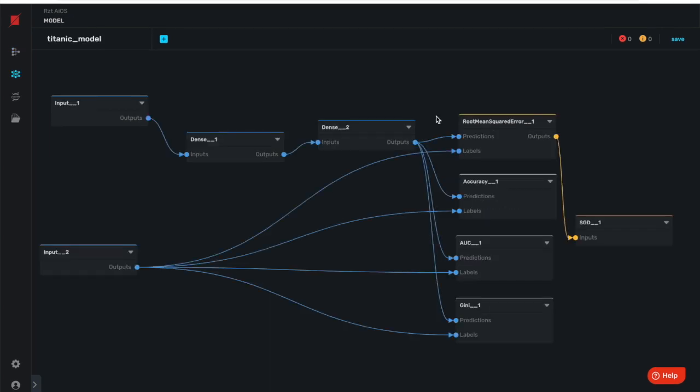Are you a budding data scientist interested in deep learning? Are you having trouble coding for deep learning models? Look no further. RazorThink AI OS provides a drag and drop visual interface where users can build deep learning models easily. Not only do you get all the basic building blocks of a deep learning model, you can also include some of the already pre-built models such as Inception or ResNet into your modeling pipeline.